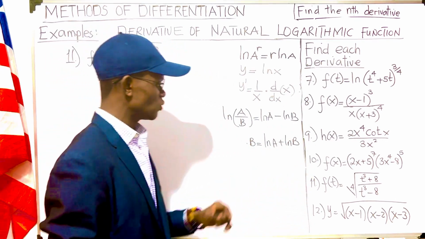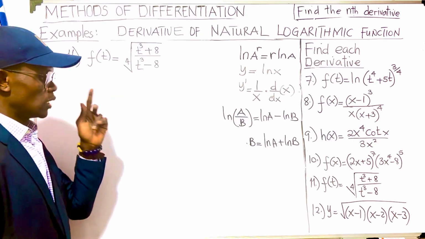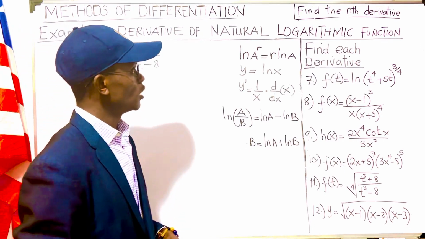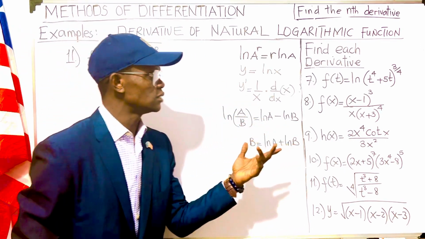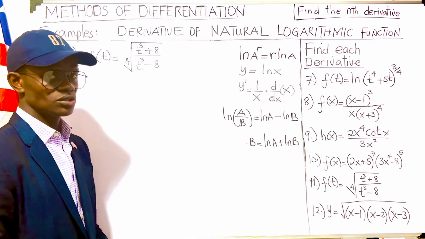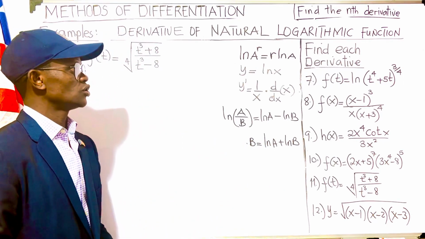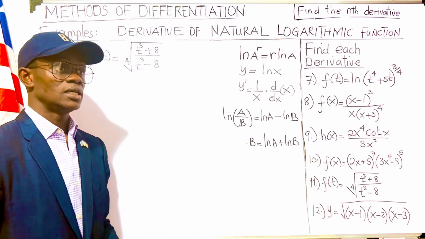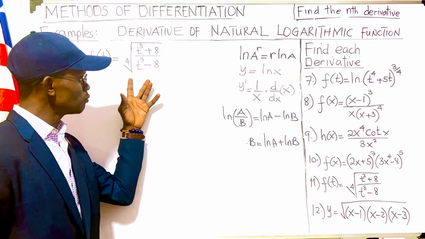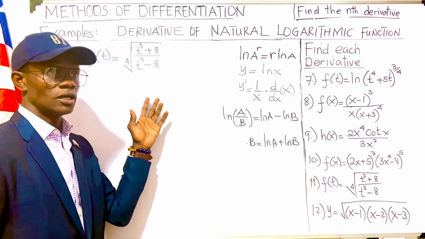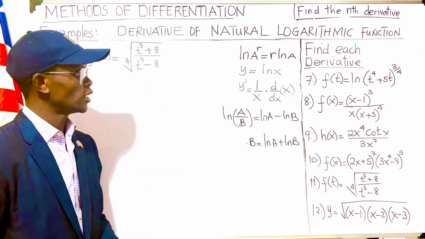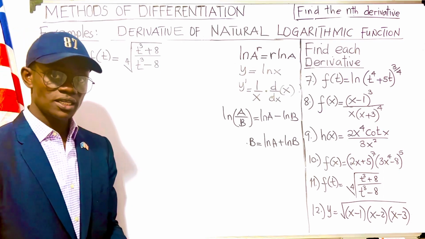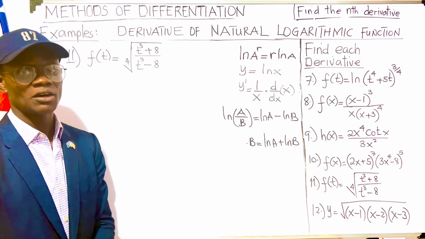So let's now look at question number 11, which is this one. We were asked to use the natural logarithmic function method to solve this problem. In order to use the natural logarithmic function method, we must ensure that this problem is in logarithmic form. To do that, we must convert it to logarithmic form by taking the ln on both sides of the